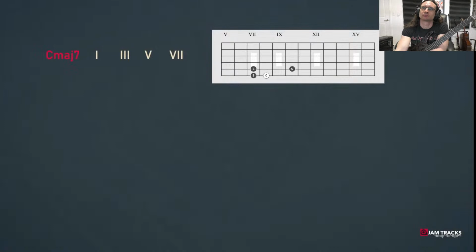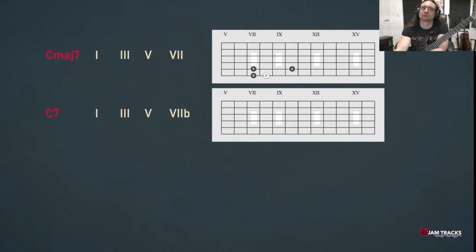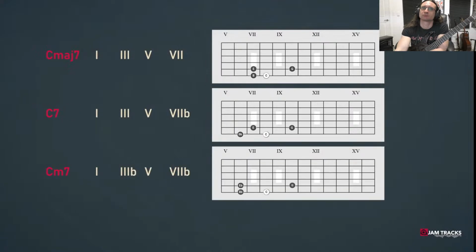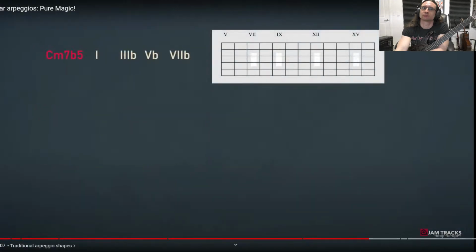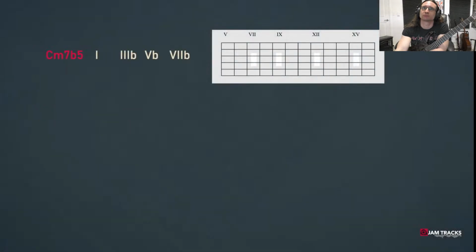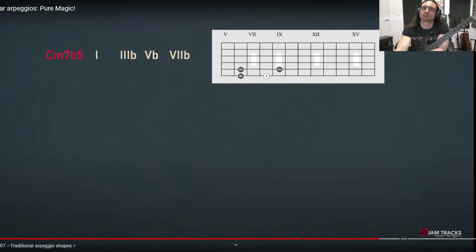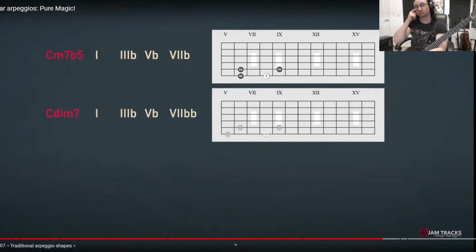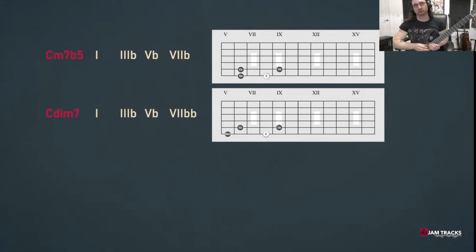We start with the 7th and end with the 5th. We do exactly the same with the dominant 7th arpeggio, or the C7 chord. The only difference now is that the B is lowered to the B flat. For the minor 7th chord, we not only lower the 7th, but also the 3rd, from major 3rd to minor 3rd. The half diminished chord has a flat 5 in addition to the minor 3rd and the minor 7th. The change is very subtle, like this. And last, but not least, there's the full diminished chord, which has, as we've seen already, a minor 3rd, a flat 5, and a double flat 7th.